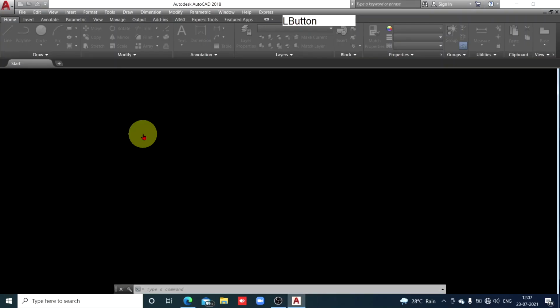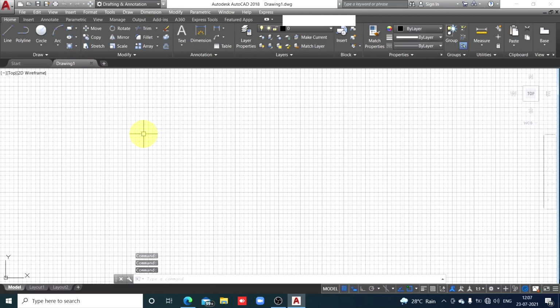So I'll start a new drawing. The space required is, say, I'm just adding the larger two dimensions, length 118 and width 75. So approximately 200 millimeters by 200 millimeters is the space required to draw these three views.